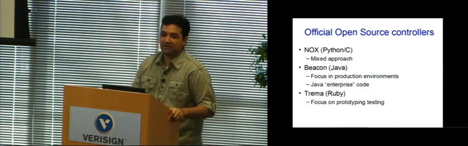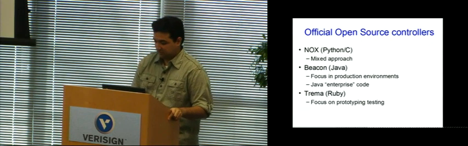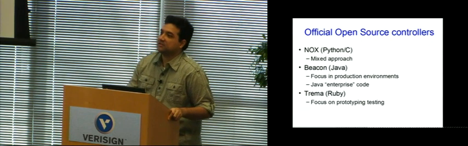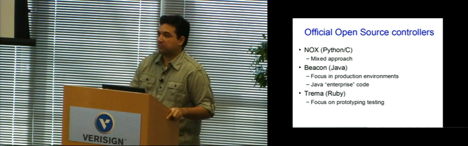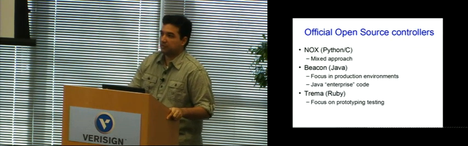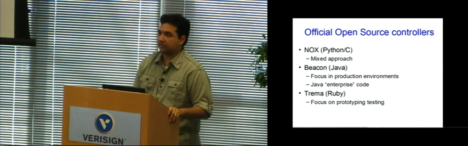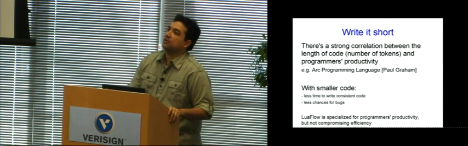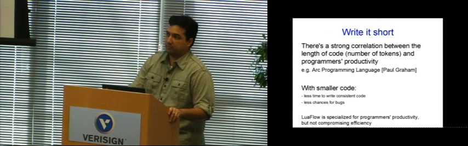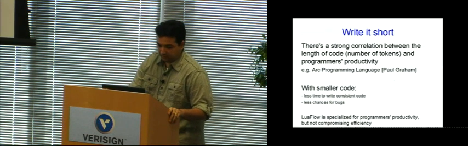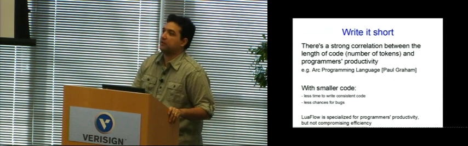So they're very complicated stuff. You have to read in and have several frameworks and stuff. So it's not quite good from a programmer's perspective. And Trema, there's Ruby. It's basically focused on prototyping and testing, so you can validate your ideas right on your machine without having any infrastructure at all. So, very short, it's one principle,